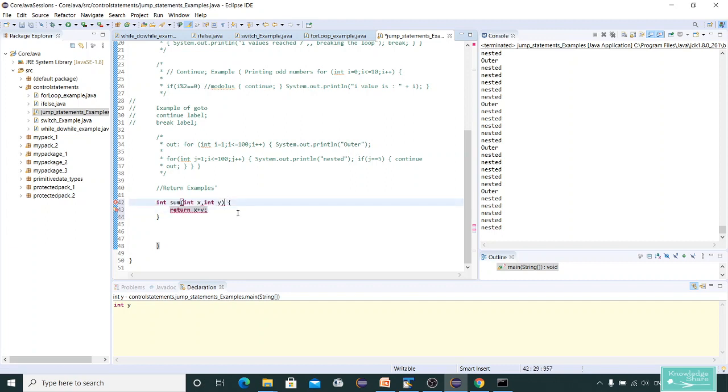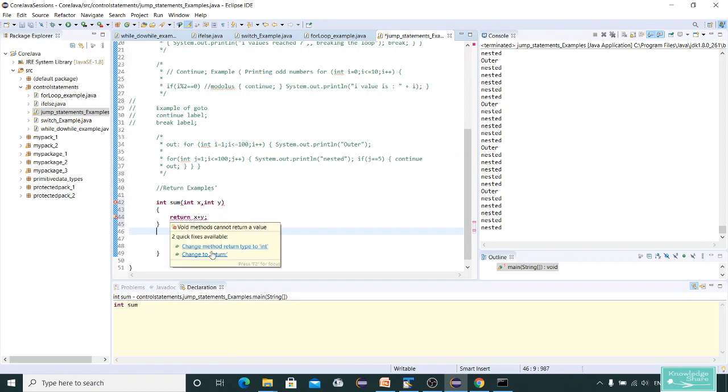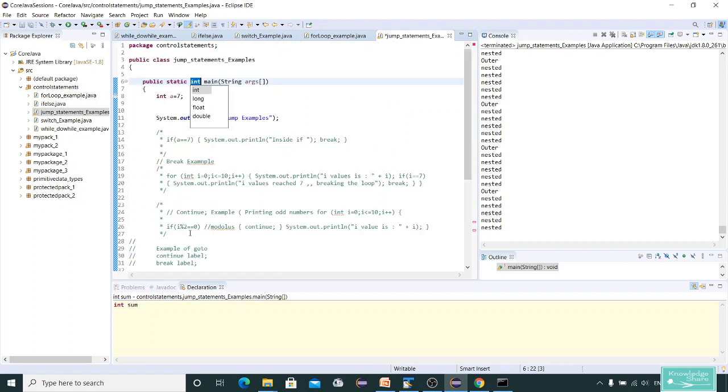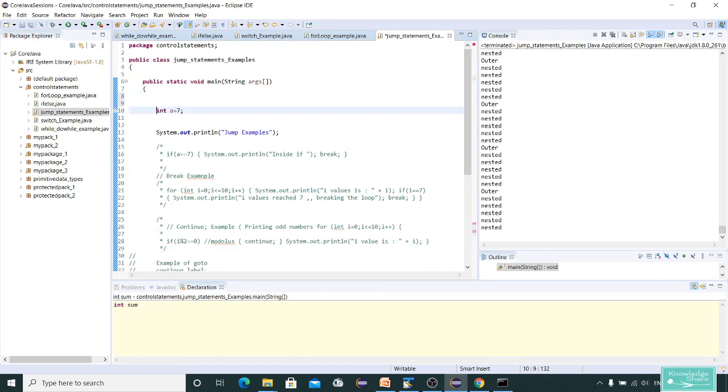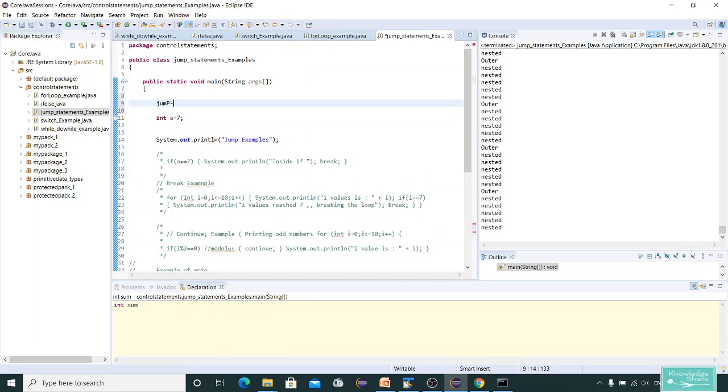Okay, we have to declare an object. I'll call it Jump_Statements_Examples j is equal to new.